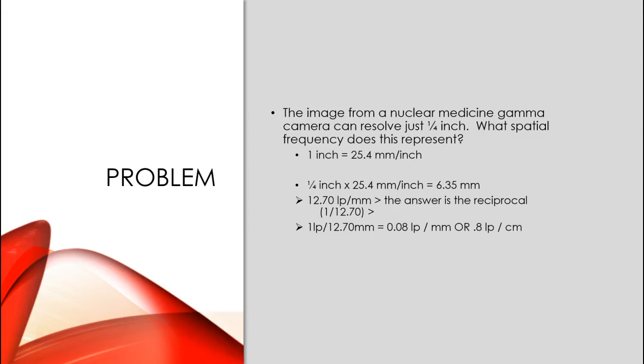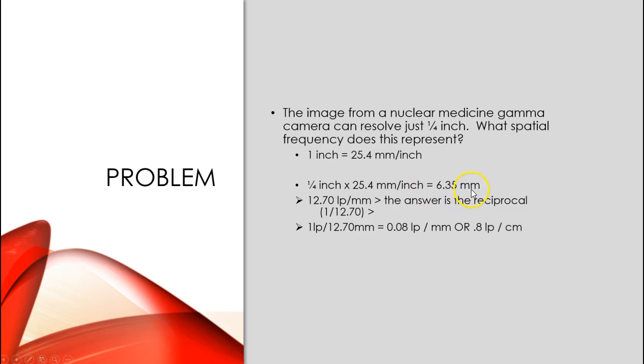Okay, here's another problem. So the image from a nuclear medicine gamma camera can resolve a 1/4 of an inch object. What spatial frequency does this represent? So first of all, 1 inch is equal to 25.4 millimeters per inch. Okay, knowing that, you're going to take the information they gave you, this 1/4 inch, you'll multiply it times the 25.4 millimeters per inch, okay? Get rid of our inches, and this gives us a